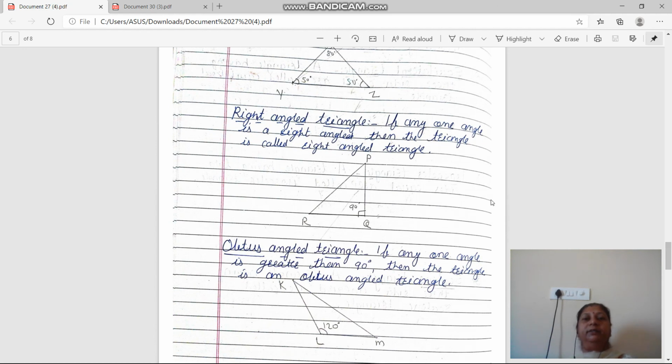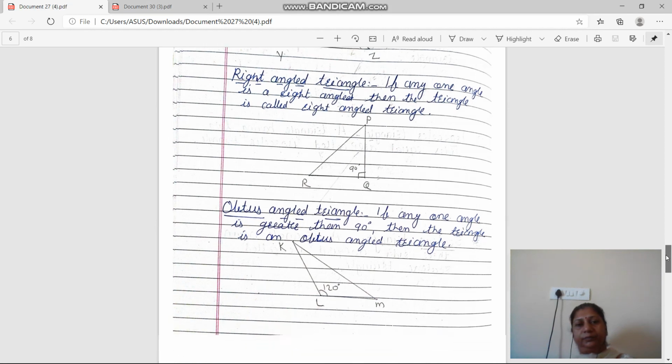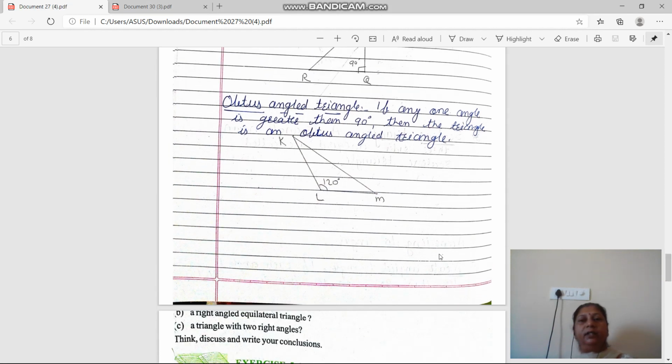Now next, right angle triangle. If any one angle is a right angle, then the triangle is called a right angle triangle. So if any one is a 90 degree angle, then it is called a right angle triangle. Then next, obtuse angle triangle. If any one angle is greater than 90 degrees, then the triangle is an obtuse angle triangle. So if any one angle is obtuse, then it is called an obtuse angle triangle. Next,